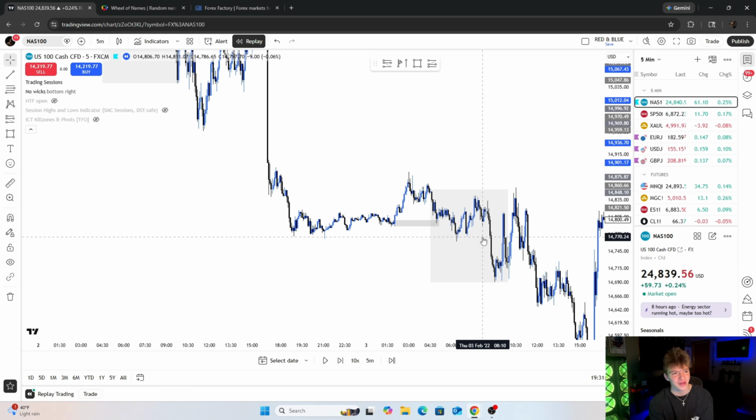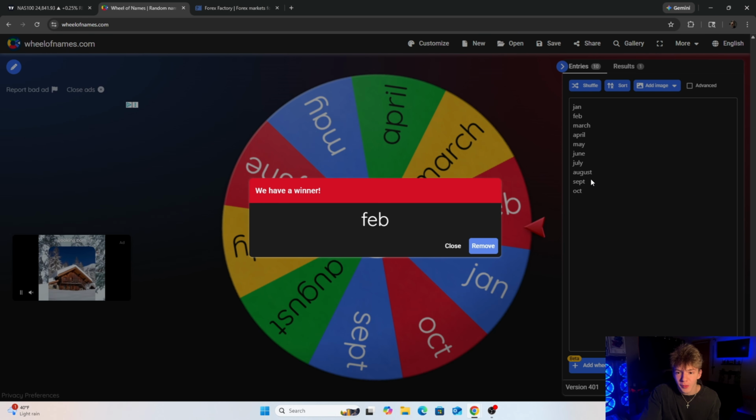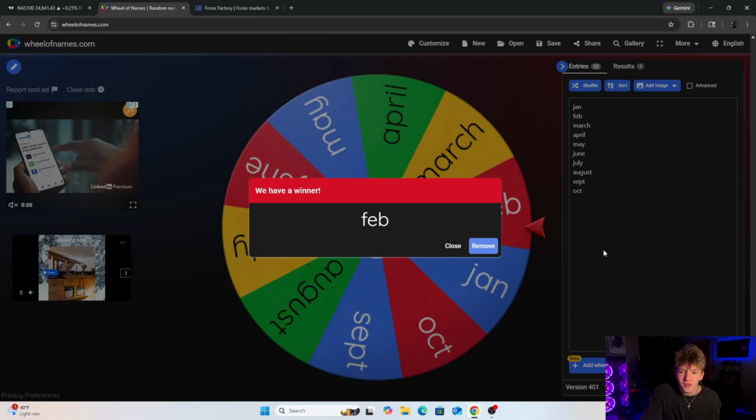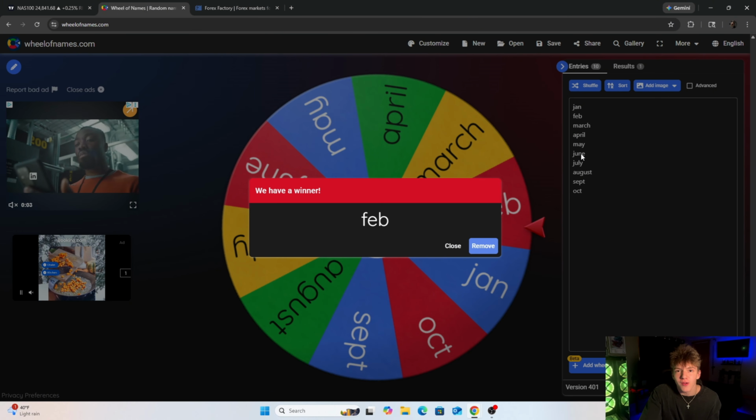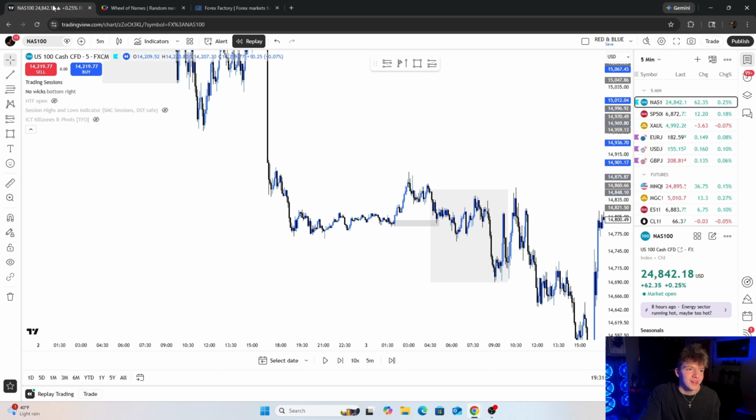If you guys want me to do anything else, pick a random year and a random month, I'll even do that. I don't care. But that's pretty much it. We got February, so I'll have to remove this one, and we'll be down to these. We should honestly just go through all of these and get 2022. But we did November, now we did February, and that's pretty much it for this video, guys.